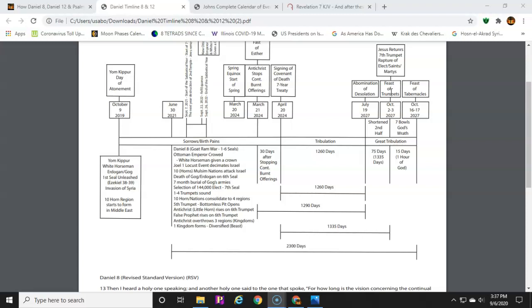Tells you great tribulation. Whether they include the sealed martyrs and others, I don't know, because the books don't open till later, and he only indicates this as the great tribulation people and the people that have made it through the worst possible times as they're being basically eradicated from the planet. And then we start into God's last few days of wrath. The 15 days are the hour of God, where he destroys Mystery Babylon and all the nations in Armageddon on the 6th bowl and through the 7th bowl event.